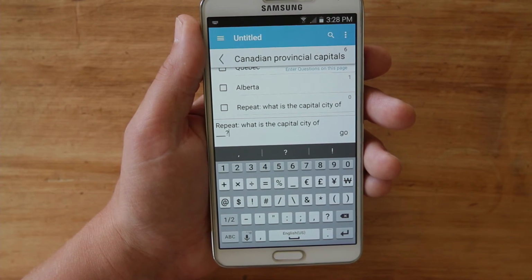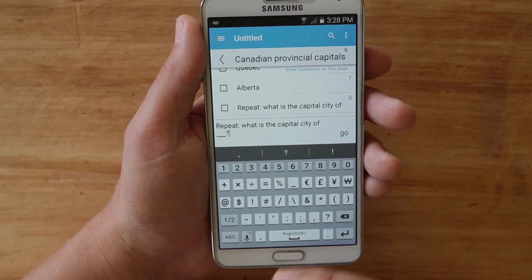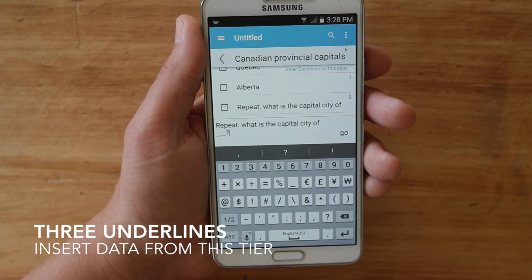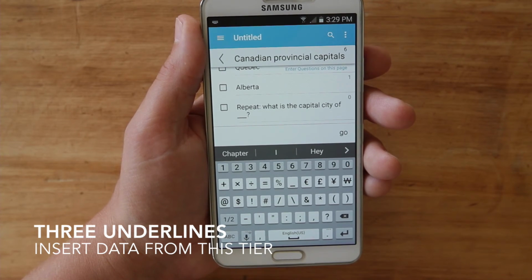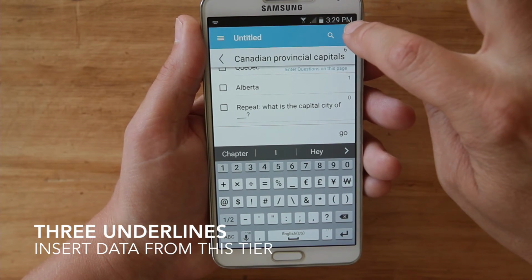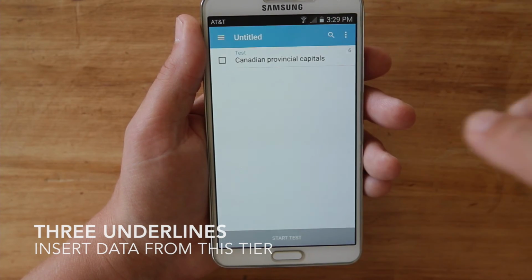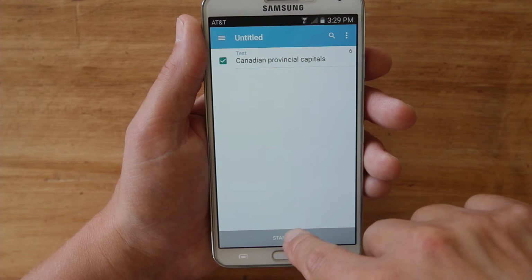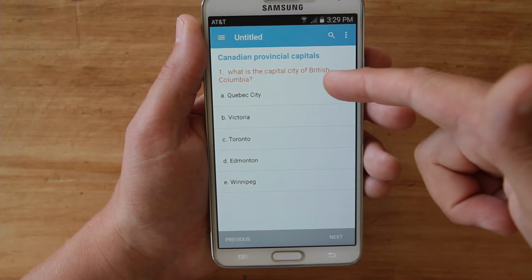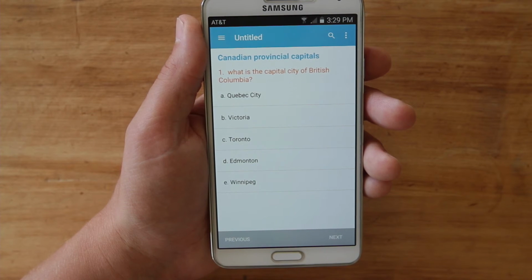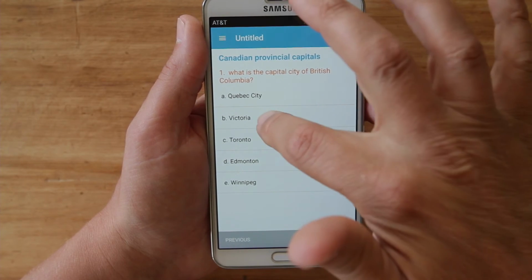The provinces will actually show up as replacements for the blank there. We hit go, and now let's rerun our test. See how British Columbia is actually inserted into that question. What is the capital of British Columbia? Victoria,